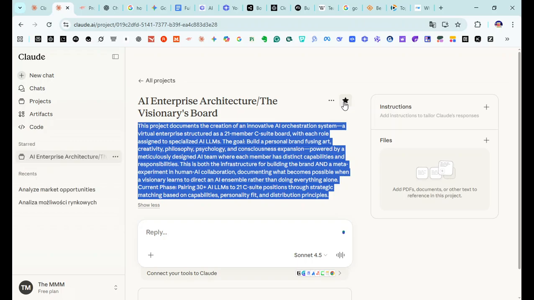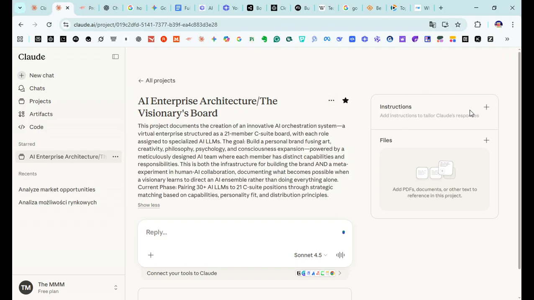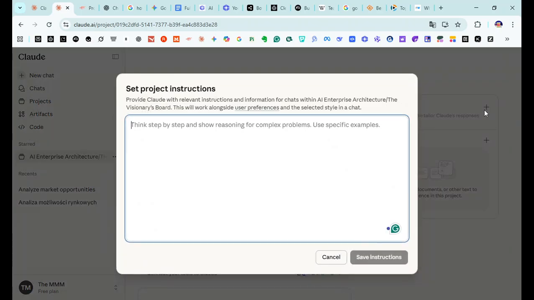I will start the project. And I am wondering how this works. Set project instructions. Provide Claude with relevant instructions and information for charts within AI enterprise architecture, the Visionaries board. This will work alongside user preferences and the selected style in a chat.